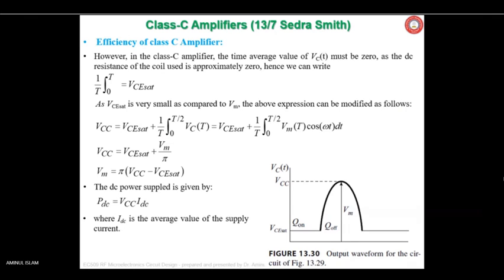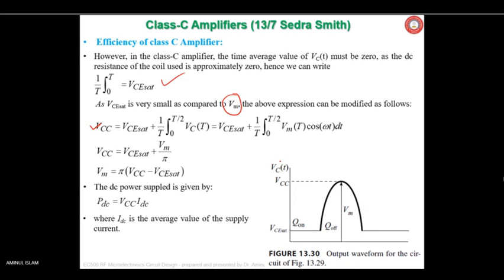However, in the class C amplifier, the time average value of Vc(t) must be 0, as the DC resistance of the coil used is approximately 0. Hence, we can write this expression. As VC sat is very small as compared to Vm, the above expression can be modified as follows: VCC equals VC sat plus 1 upon